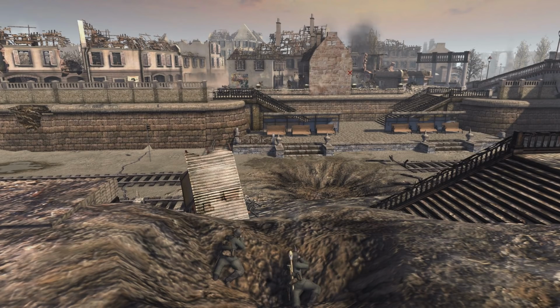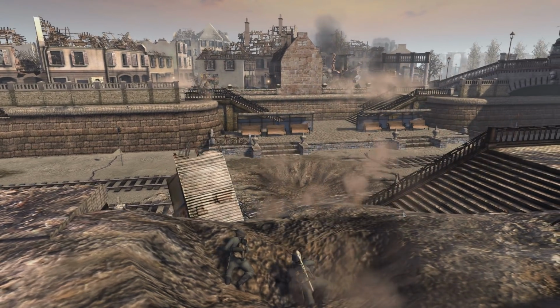Oh man, this is good gameplay. This gets me thrilled to see this kind of scenery.